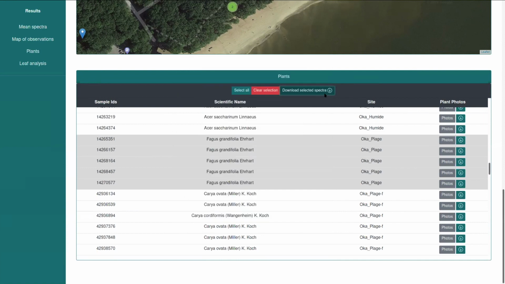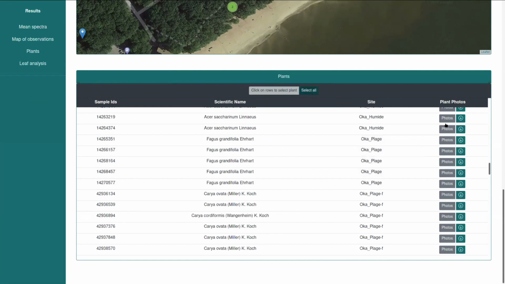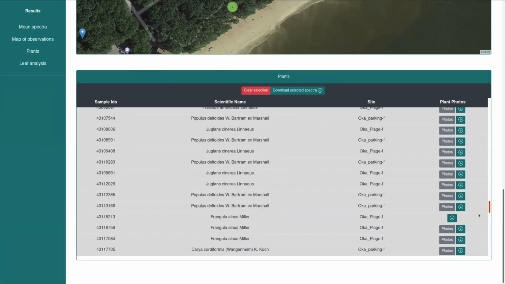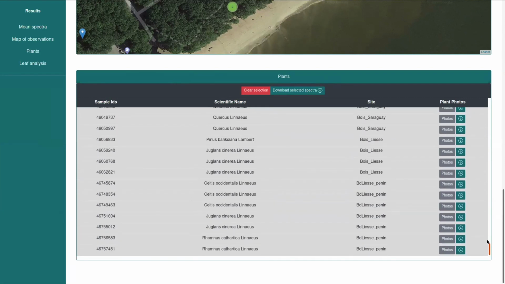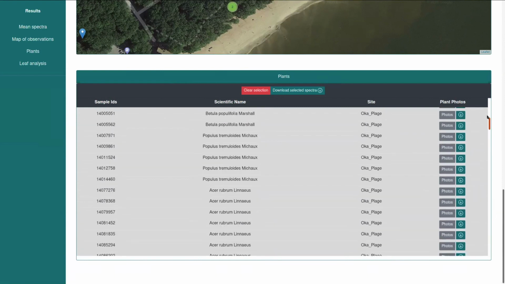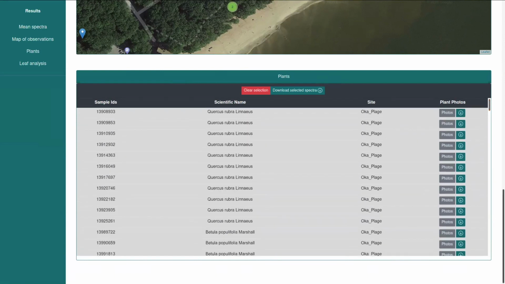So you can technically clear the selection, select all, and then download the selected spectra. That's going to give you 157 times thousands of rows. Some of these files can get really big, really fast. So I have to find a way, because if you want to download hundreds and hundreds of spectra, this is going to be several hundred megabytes, and downloading them live like this on a web interface is not the best way. But right now it's working.